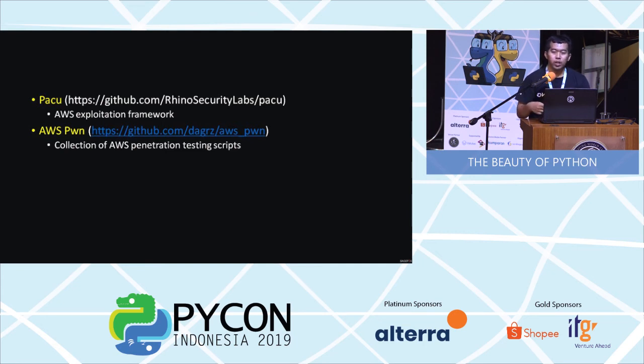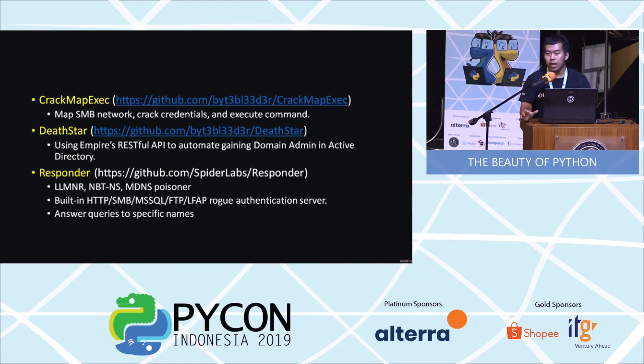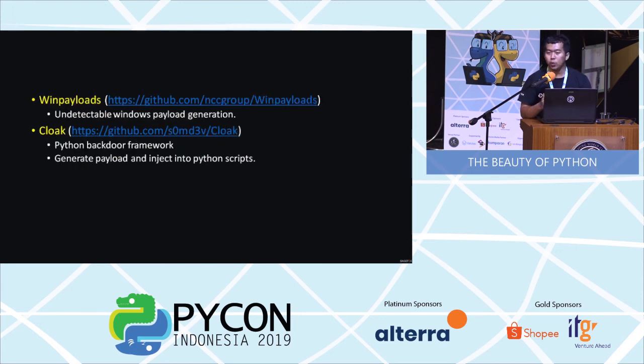And if we attack the internal network, the servers, we can use some tools like CrackMapExec. We get information about any server that supports SMB there, crack their credentials and execute commands on there. Or we use tools like Responder to crack their server. And maybe we actively exploit their server,